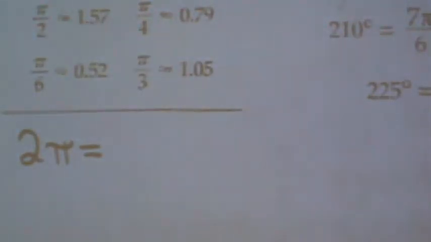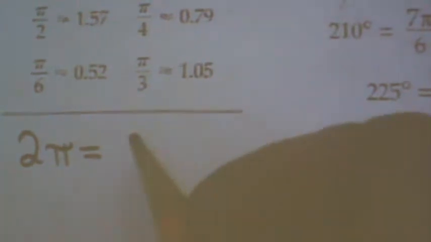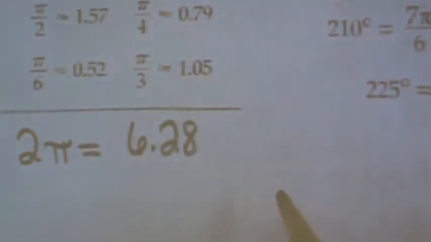So if you did 2 times pi, what is it? 6.28, just double that. So, if you look at 7 radians, where is 7 radians? If from here to here is 2 pi, or 6.28,